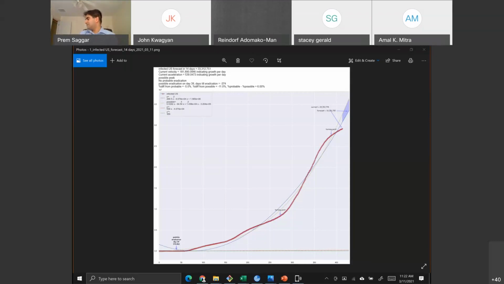Okay. So y prime and y prime prime are actually the first and second derivatives of the most likely equation, right? And I'll talk about why that's important, but in the beginning, there was so much rhetoric about flatten the curve. And everybody was fighting about whether the curve is going to flatten, okay?